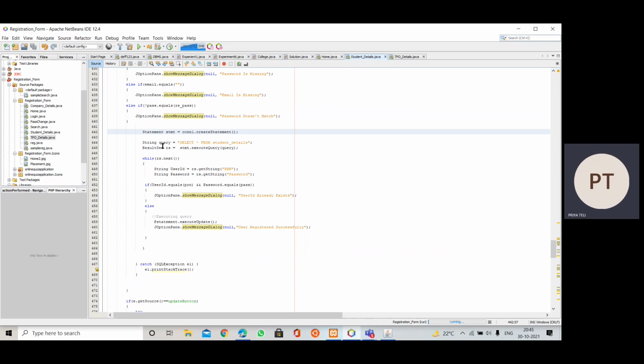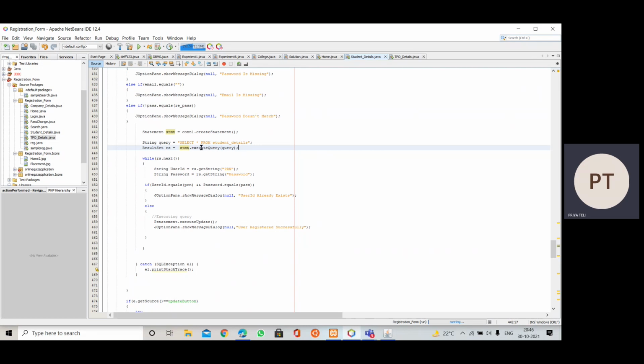So we are going to take one string variable, query. Inside that we are giving our query, select everything from student details, and we have a ResultSet interface. We have created this object rs of ResultSet, and this will hold all the rows which will be returned after the execution of the query.